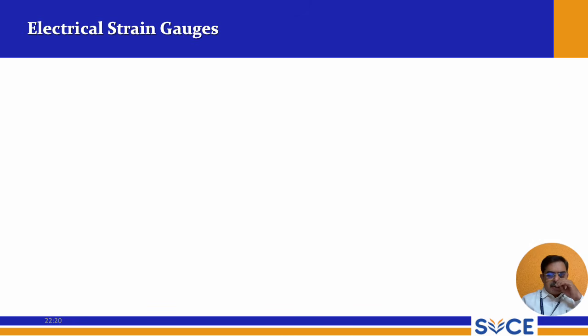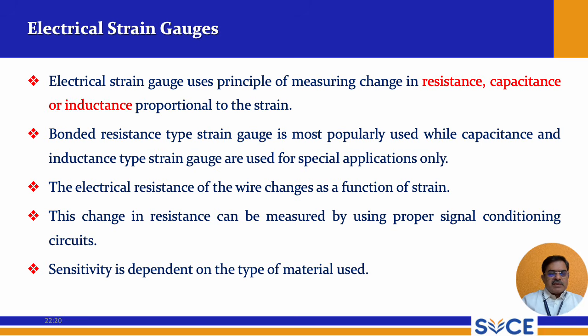For our syllabus, the optical and mechanical strain gauges are not required. I am just giving you additional information here. We are interested only in electrical strain gauges. An electrical strain gauge uses the principle of measuring the change in resistance, capacitance or inductance proportional to the strain applied. So the bonded resistance type strain gauge is most popularly used, while capacitance and inductance type strain gauges are used